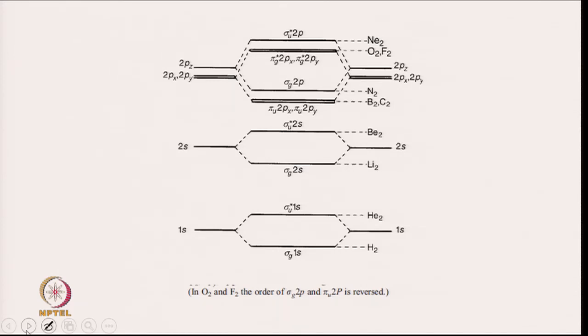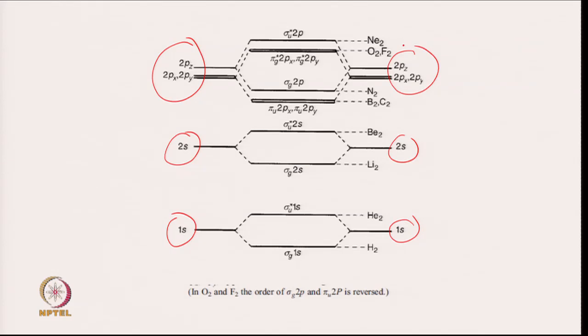Now, we can write the molecular orbitals. So, in any atom you have the 1s orbital, 2s orbital and the 2px, 2py, 2pz orbitals. For the second one you have 1s, 2s, and the 2px, 2py, 2pz orbitals,